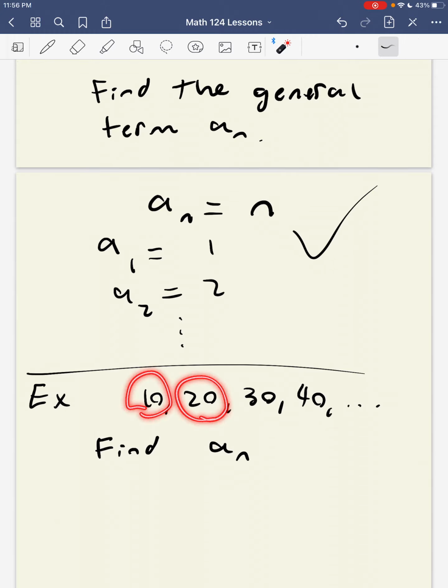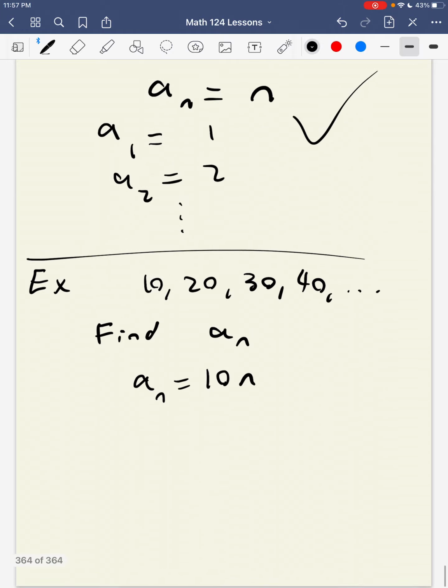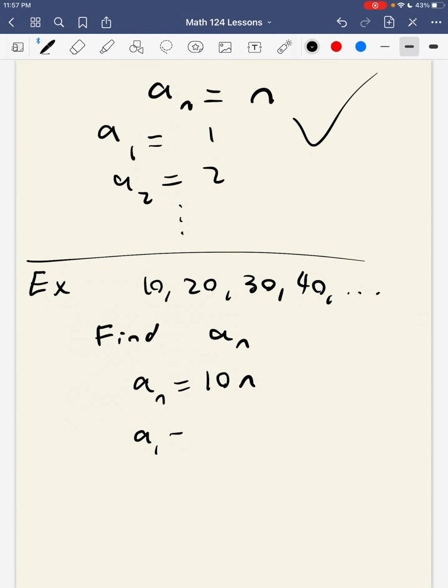When we plug in 2, it spits out 20. Plug in 3, it spits out 30. So it shouldn't take too much thought to realize these are all multiples of 10. So 10n is in fact the formula, and you can plug in a few values to verify